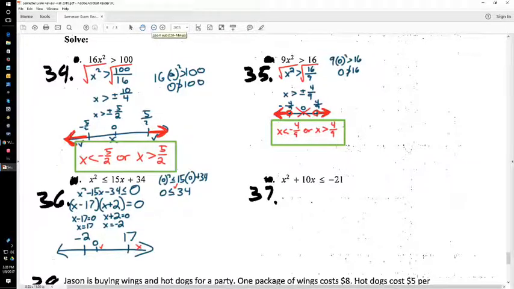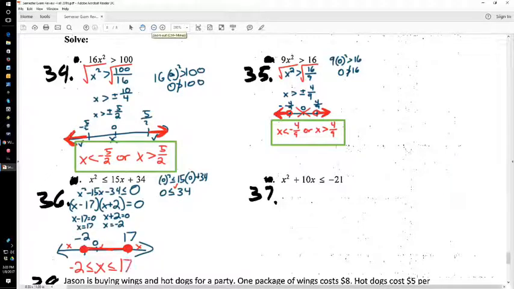So in that case, since this inequality worked, we do want this area in the middle, so we do not want the areas on the outside. And it's a less than or equal to sign, so we want filled in spots. We want all this area in between. And since this is only one area, we don't want to say this or that like we did on the other two. We can just say negative 2 less than or equal to x is less than or equal to